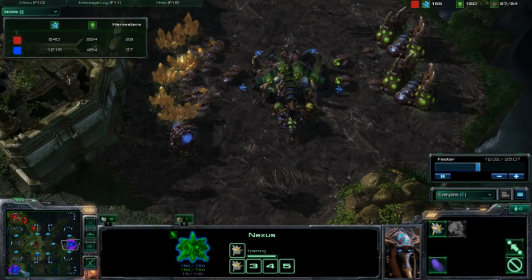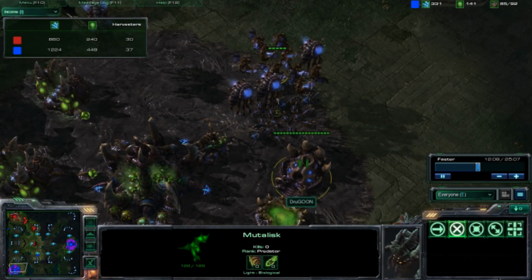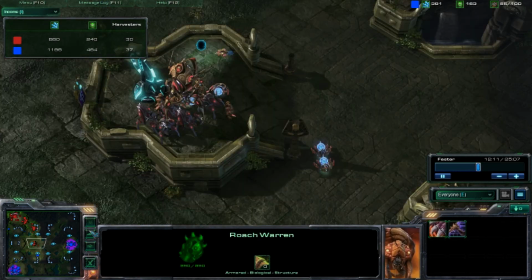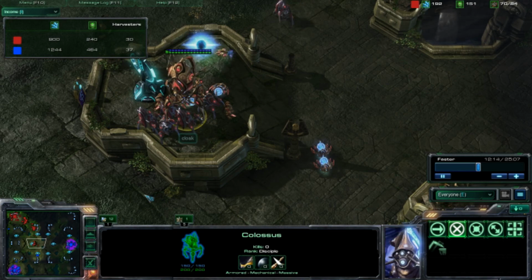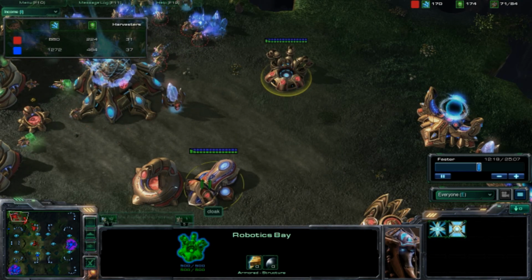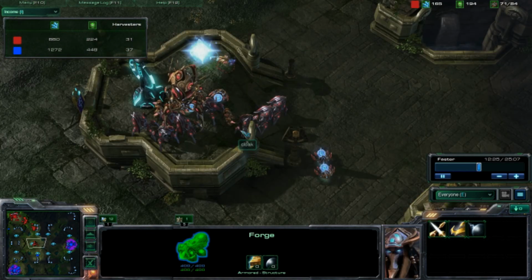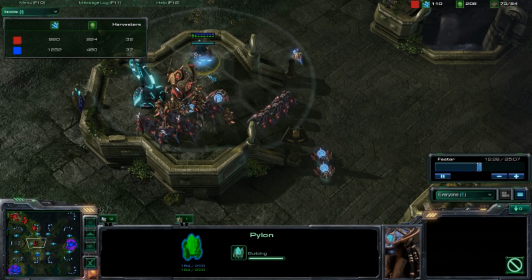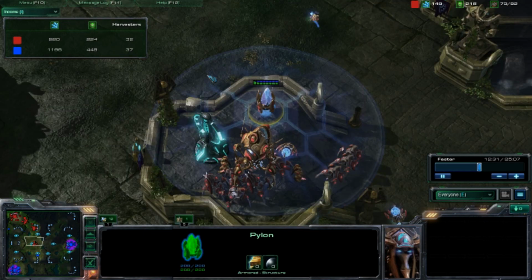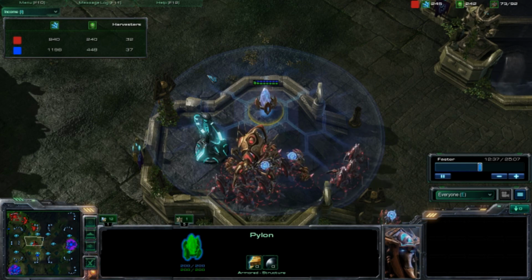So he has the Spire. It's not a greater Spire yet, so we'll see what he does with that. Still no upgrades for either of us. What about my Colossus? I think I have the Thermal Lance. I should. Yeah, I do. Okay. And that should help me out quite a bit. Bringing in my pylon just because that warp in is so key. It's really important. So I'm gonna take a break here. We'll come back in a